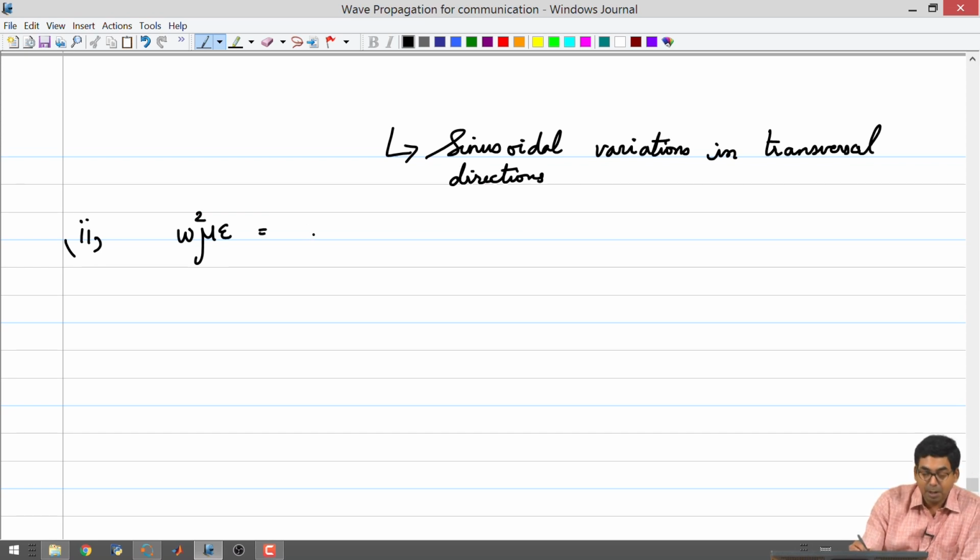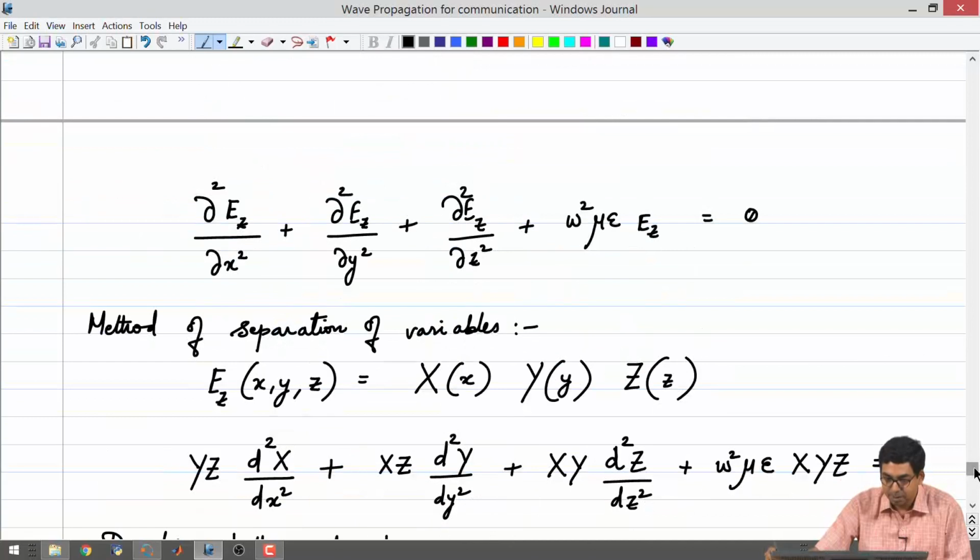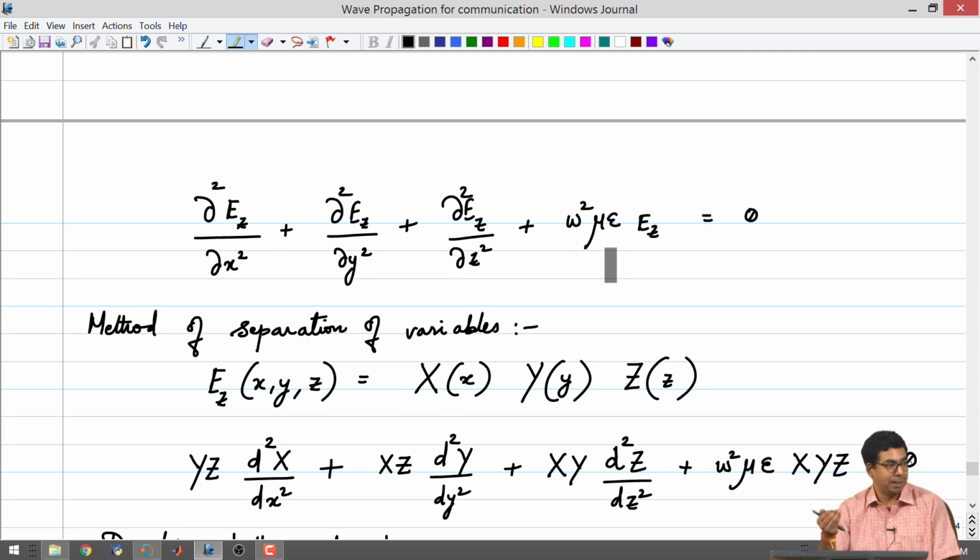You will end up getting, because of the way we have written the Ez expression, Ez has beta. If you go back to your original wave equation that you had started with, it had only dou square Ez by dou x square, dou square Ez by dou y square, dou square Ez by dou z square. It had omega square mu epsilon. It did not have beta, it did not have m, it did not have n, it did not have a, it did not have b, etc. So, I know that by substituting for Ez, I am introducing m, n, a, b, and I am also introducing beta. So, I need to account for all that. Then I have to see what is the condition that is needed.